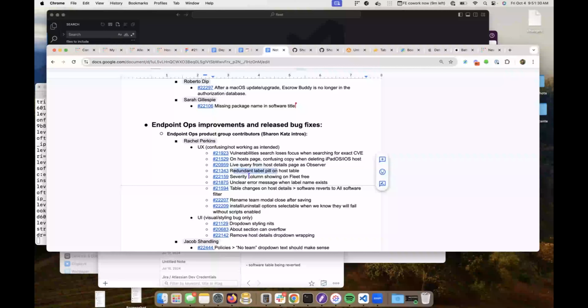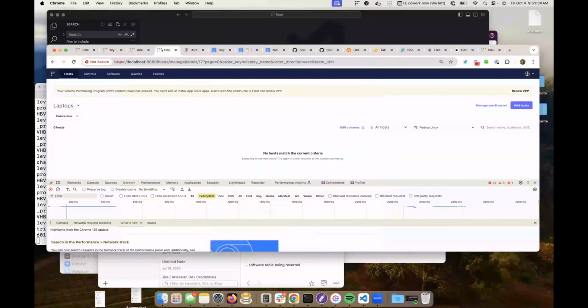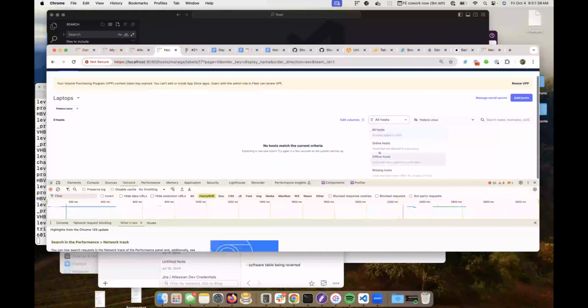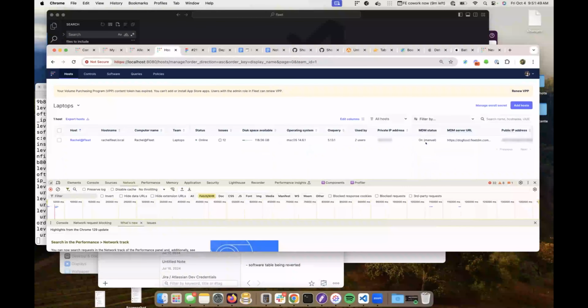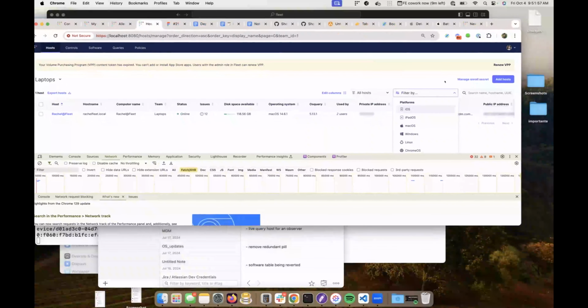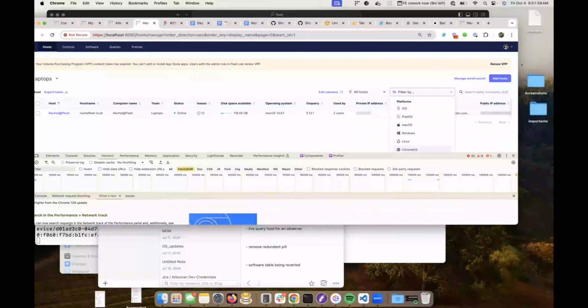This one I kind of wanted to show. So if you are on your host table, just because this has been bothering everybody forever, you can now click on the different platforms, but you won't see an extra pill over here. And that's because we were able to fix it: if you click on this thing again, it will unselect the platform or the label. For labels, we did leave that extra pill on there, and that's because we have not yet designed,